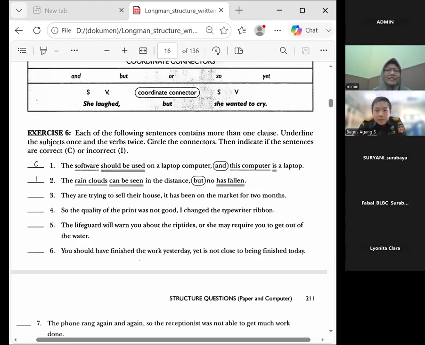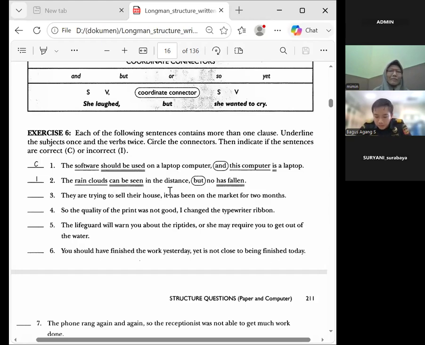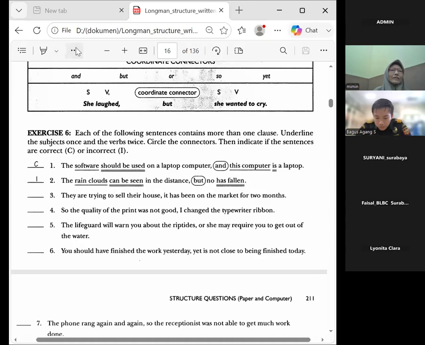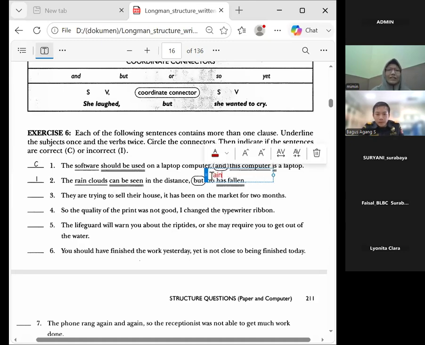Number 3. They are trying to sell their house. It has been on the market for 2 months. All right. It is incorrect because there is no connector. Very good. So what can be the connector? Is it but? Do you think there is a contrast between the first sentence, they are trying to sell their house,